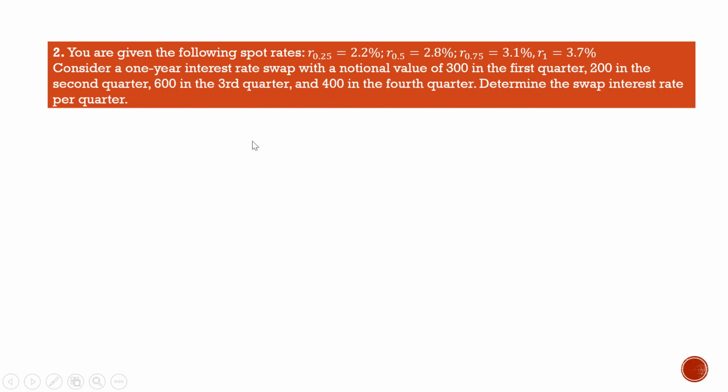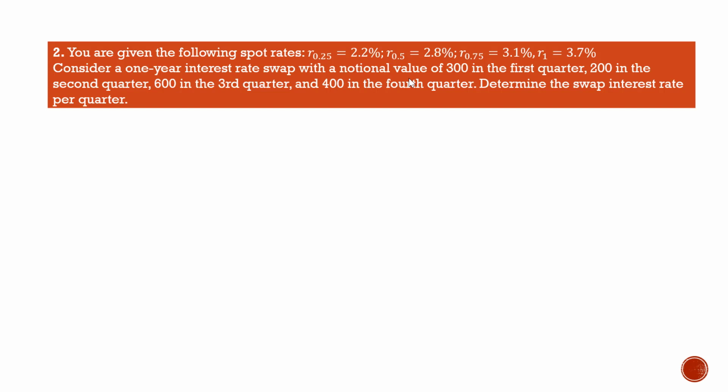Determine the swap interest rate per quarter. So here Q1 is 300, Q2 is 200, Q3 is 600, Q4 is 400. They are not equal, so this is a non-level notional value. To determine the swap interest rate, we need to determine the forward rate during each quarter,